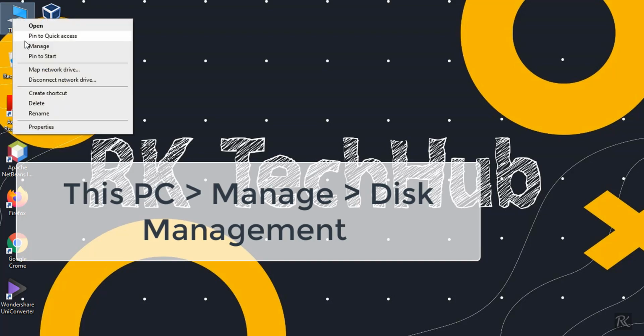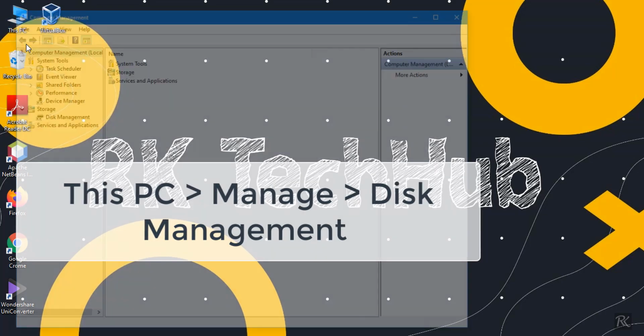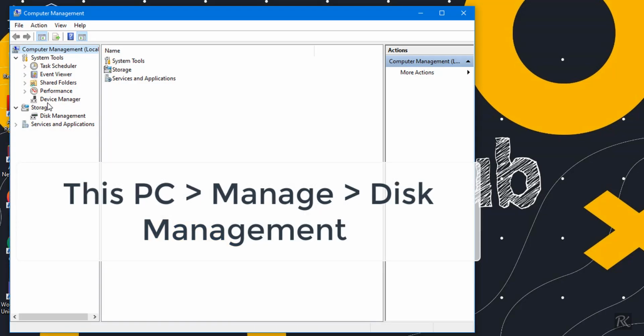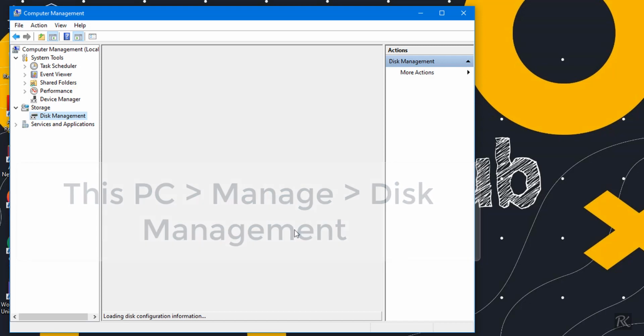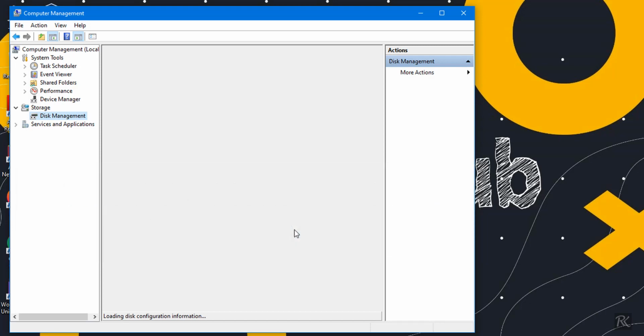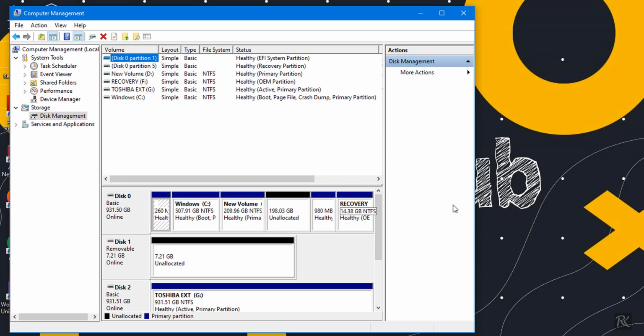Now we will partition our disk because Kali Linux will need some space. So we will go to disk management, and this is a very important part because if you don't allocate any space, then you might get an error while booting Kali Linux on your system. So don't forget to do this process.